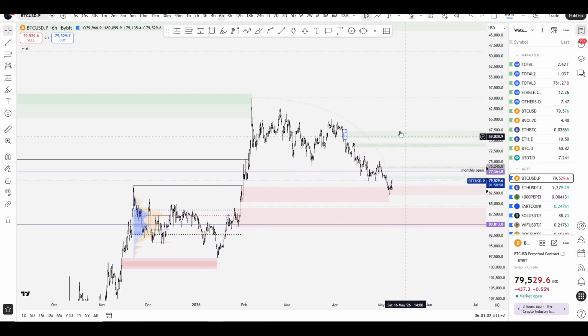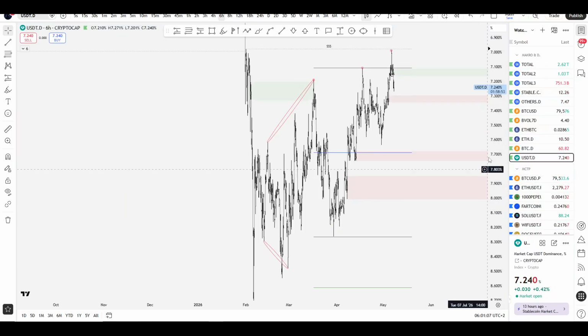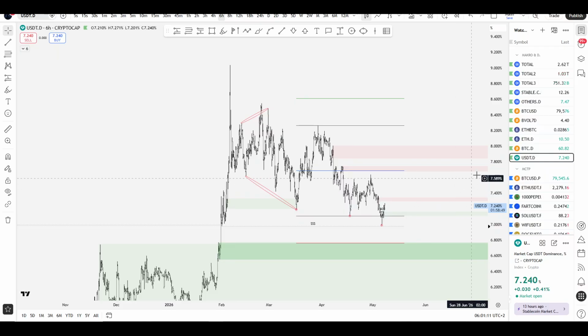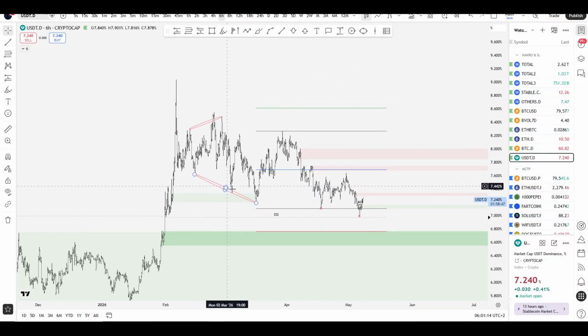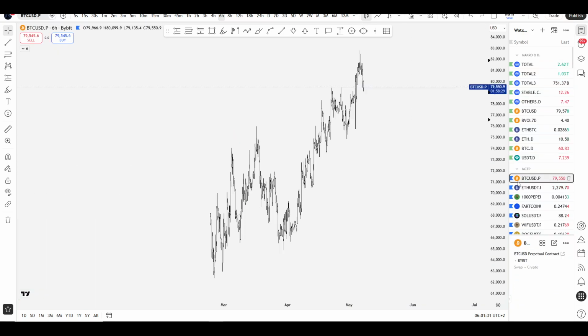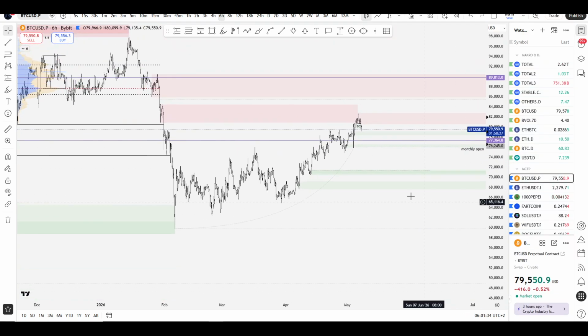And the Bitcoin chart here does not look that clean, but if you look at USDT, it is very clean. You can clearly see the ranging price action. You can see the taps creating. You can see the Model 1 getting acceptance back into the range. And this for me is the first indication that we are getting a trend shift here on Bitcoin,